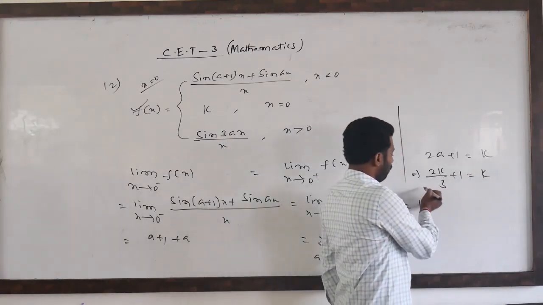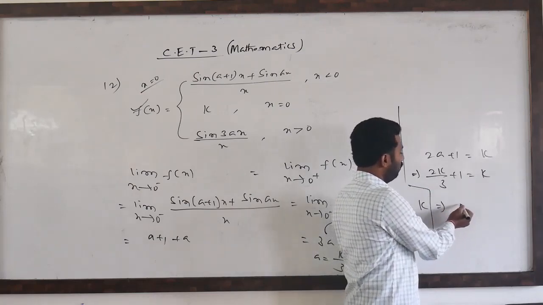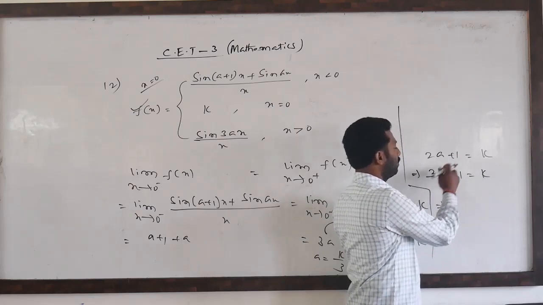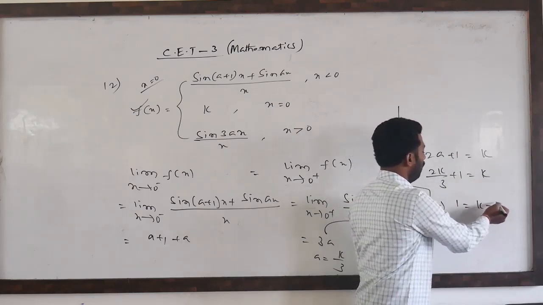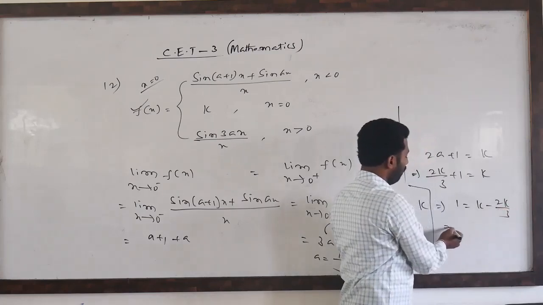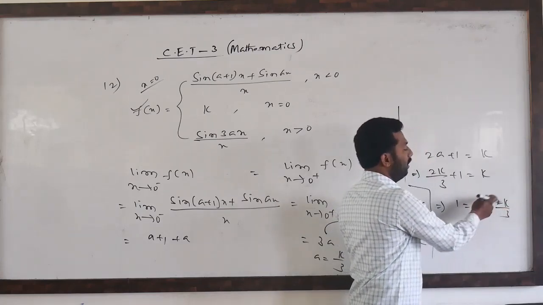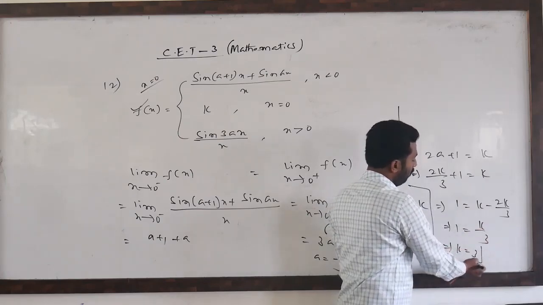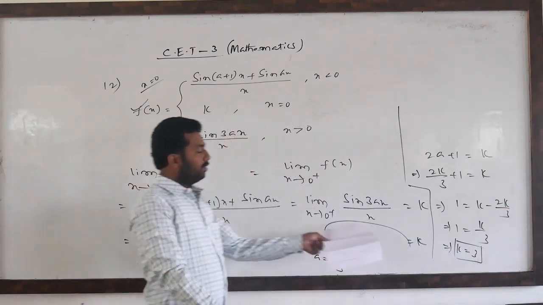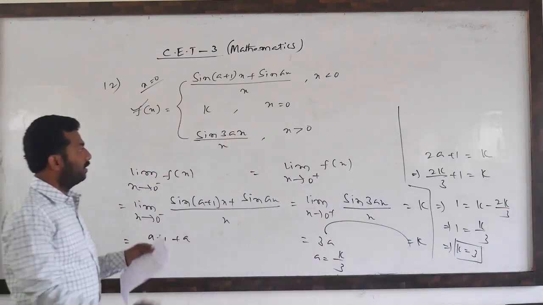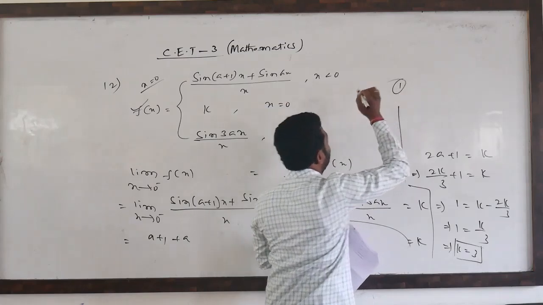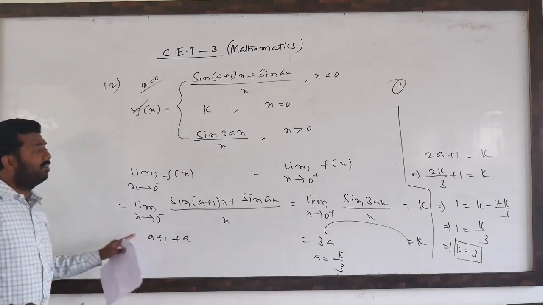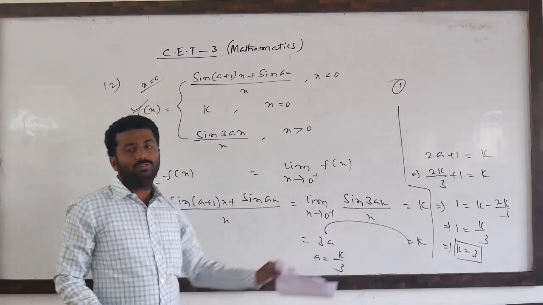So what is k value? So how to calculate k value? So this is 2k. 1 you take left. This term you send that side. So that is k minus 2k by 3. So 1 equal to this is 3k minus 2k, k divided by 3, so k equal to 3. So k equal to 3 means what is the answer? First option. So this is the way of calculating k value. So most important result, this is a little bit tricky, that trick you have to follow.